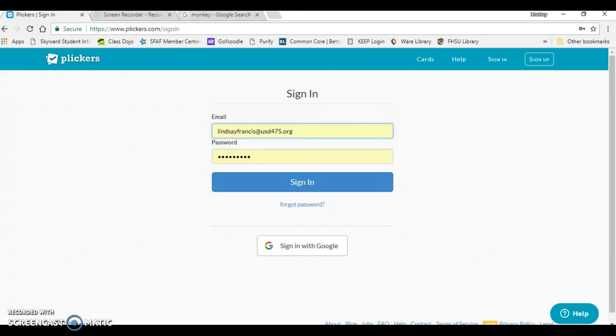Next up, we have Plickers, and Plickers is a resource that I chose because it's a super easy way to use technology and incorporate assessment into your instruction. So this would be something that I would use as an educator. I wouldn't necessarily recommend it for students to be using it, but if the educator is in control, it's a really great tool to use to get quick feedback from your students, check their learning, and kind of plan your